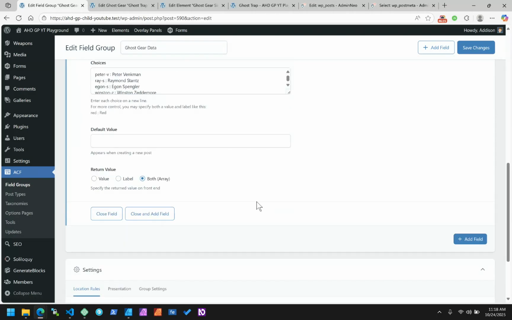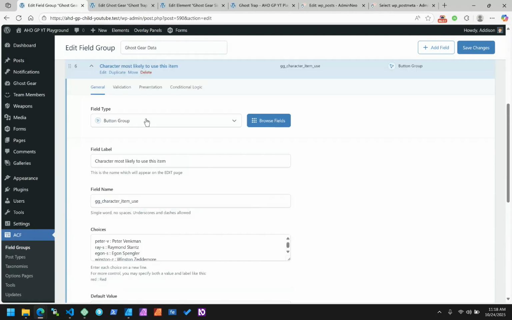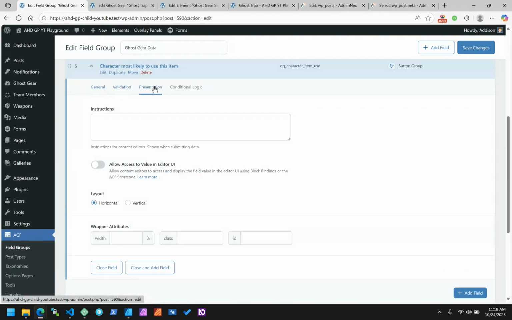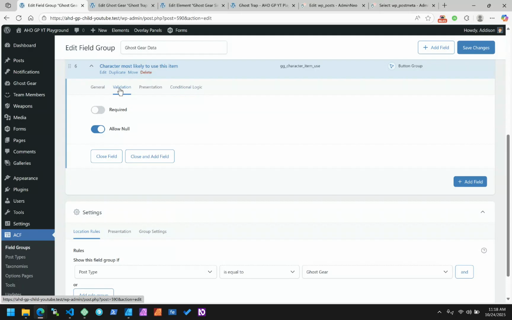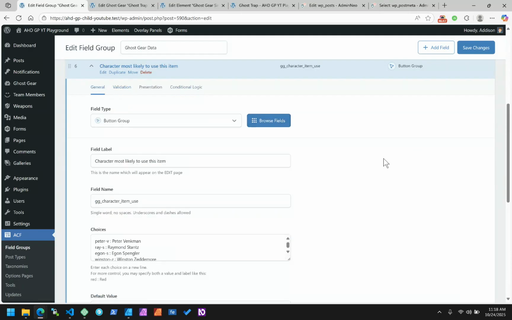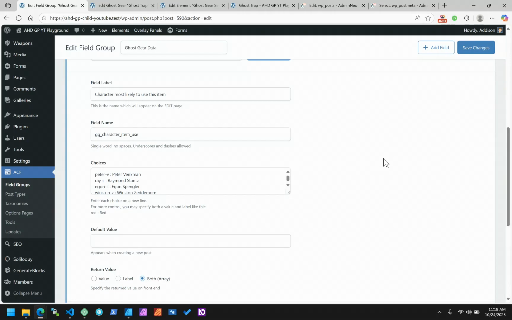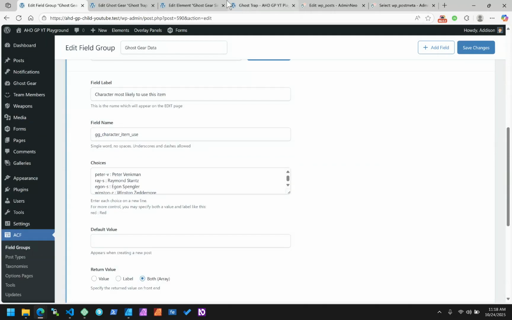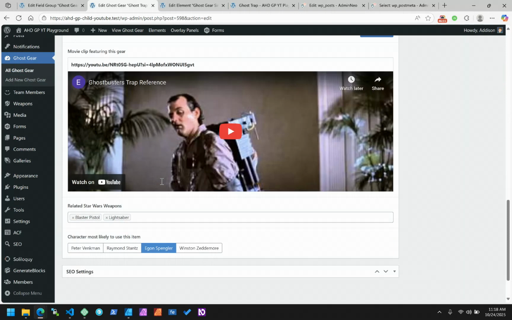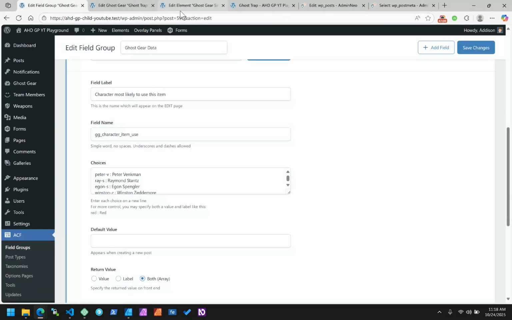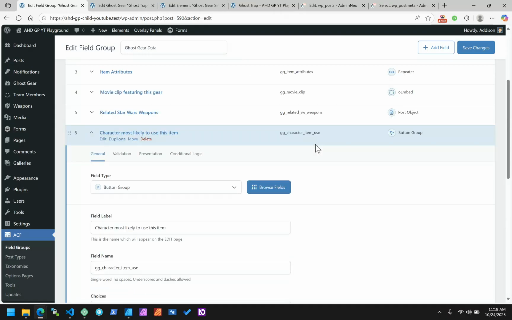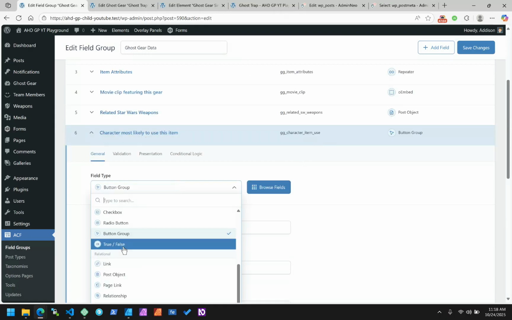So can you default value, validation, presentation? Okay, so button group, you cannot set it to allow multiples. Allow multiple selections. Okay, I mean, I guess that makes sense. What was the other? True false. So that doesn't really apply here,